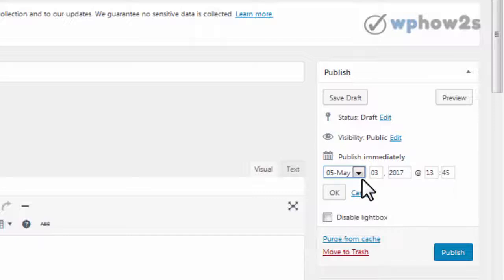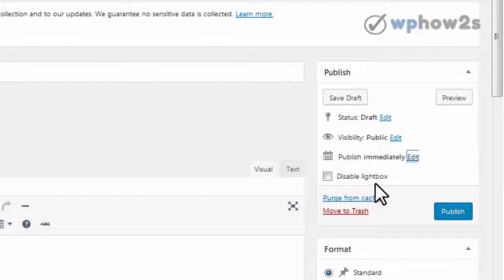And you can also schedule your blog post out. So you could come and make several blog posts in one sitting and schedule them out to post once a week, twice a week, whatever you want. So you don't have to come back and make any more blog posts, but you'll have regular activity on your blog. Handy feature. But of course, if we click on the blue publish button right now, it's going to publish